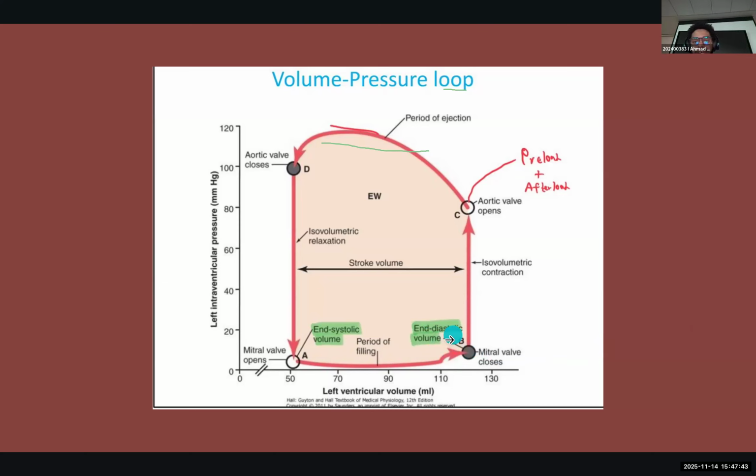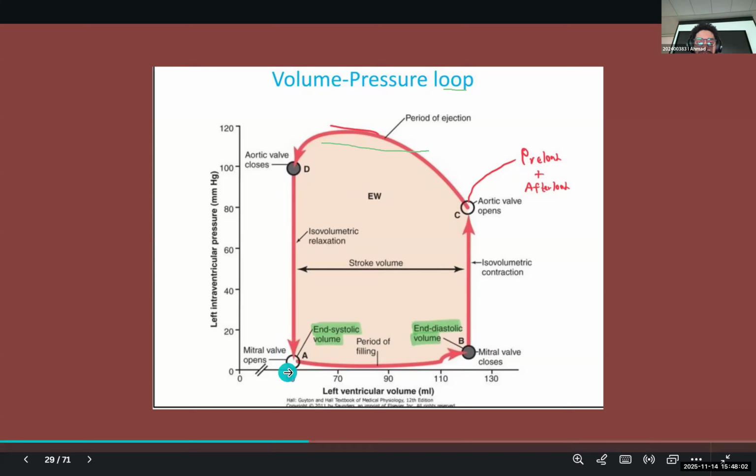And we're talking about ventricular diastole. And this involves point B, it comes after the atrial contraction. While end systolic volume is the amount of blood that's remaining in the heart after it's done contracting. Okay? Meaning systole, the heart is contracting, and at the end, this is the volume that remains in the heart, 50.